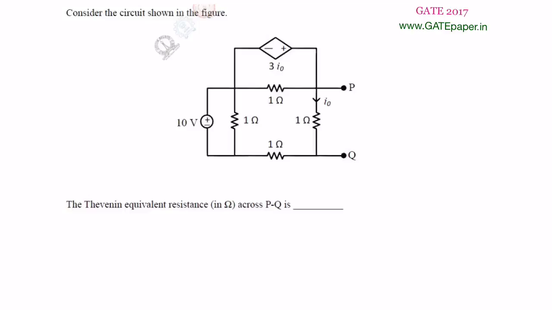In this question, for the given circuit, we are going to find the Thevenin's equivalent resistance between P and Q terminals. The Thevenin's resistance between P and Q terminals we are going to calculate. That is, RTH is how much? The general procedure for calculation of Thevenin's resistance is